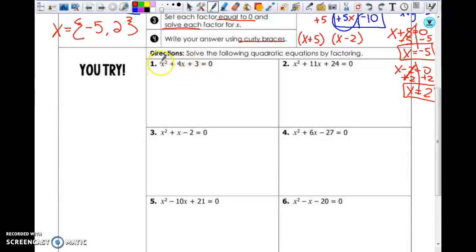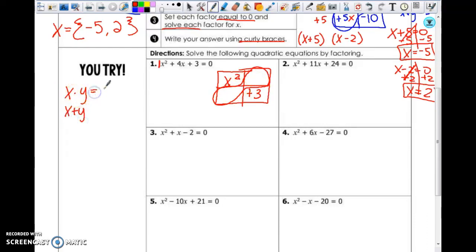So it doesn't matter. I know my A is a 1, my B is a 4, my C is a 3. So I know that this is what's going to go inside my box, right? I know the 1x squared goes here. The +3 goes here. And these are the two numbers. This is where you've got to remember: those two numbers, where do they come from? You're going to leave this in your calculator. These two numbers need to multiply to your A times your C, and they need to add up to your B. So here, what's your A times your C